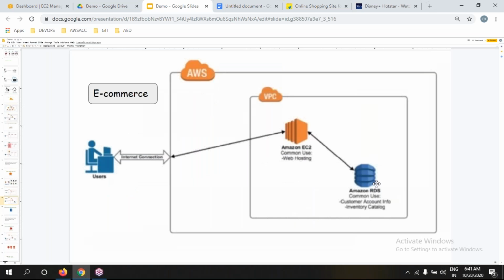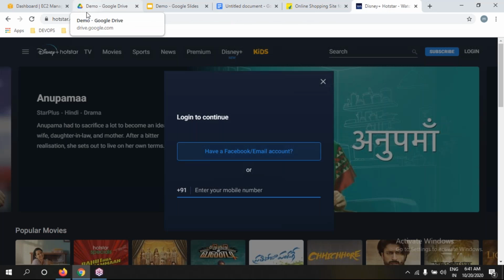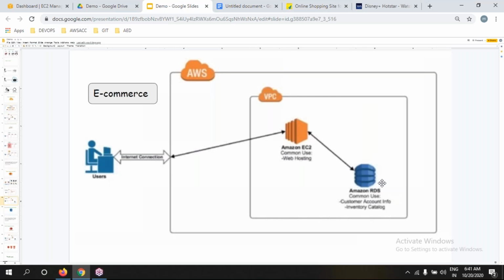RDS is nothing but the database itself. So I'll repeat, guys. With the help of VPC, we can get a network. On top of it, we're going to create resources like a server and a database. With EC2, we get a server, and on top of it we deploy our application. Our customer information we maintain in the database itself. Very good, up to here.